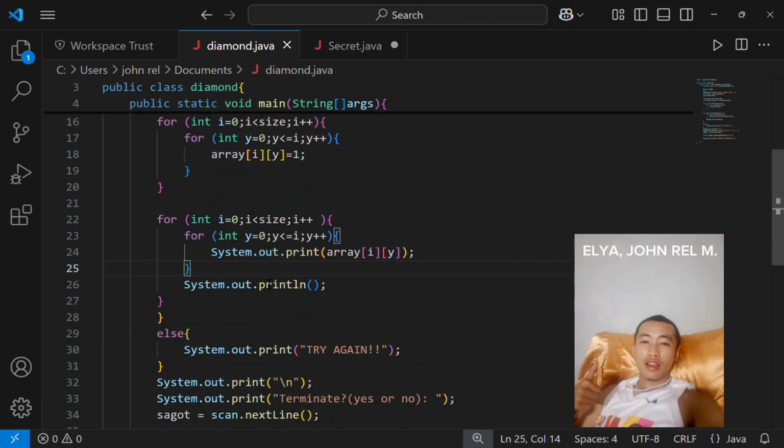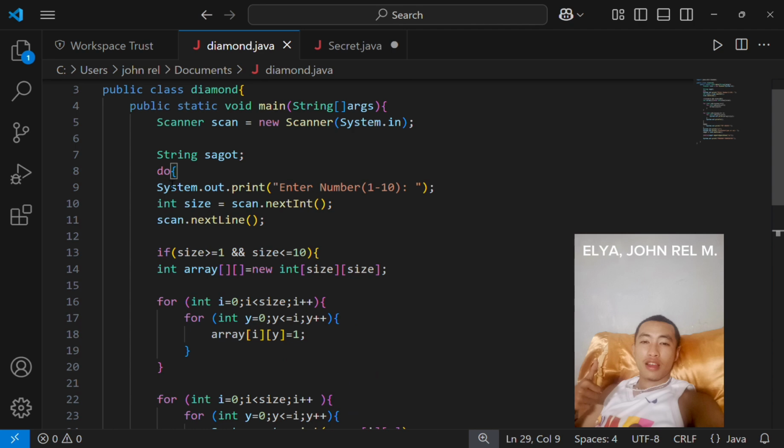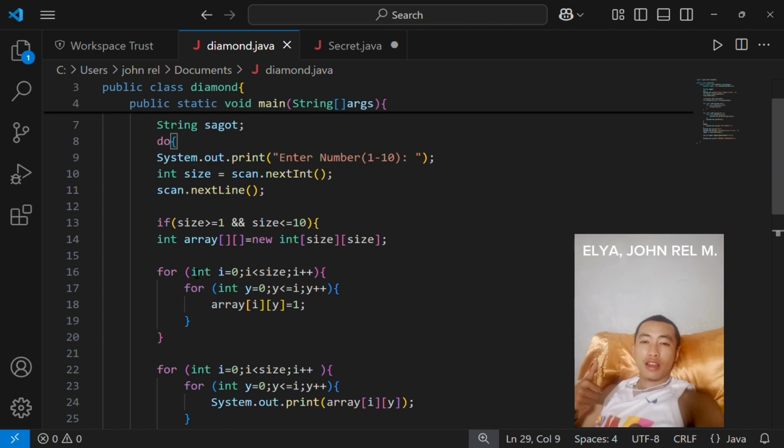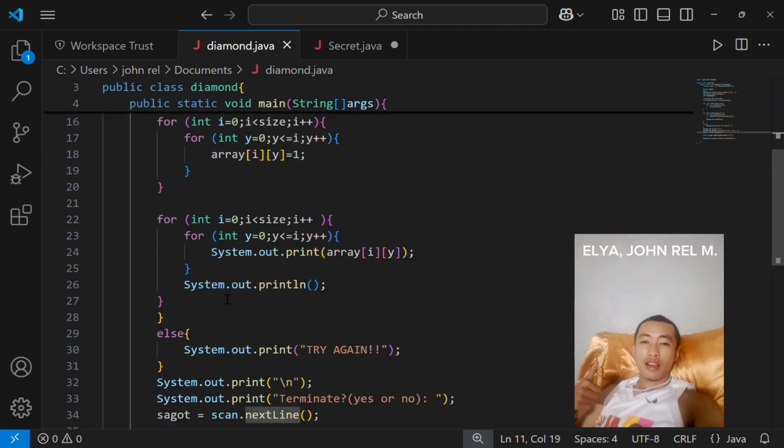I have this if else statement, and it is all inside the do while loop.